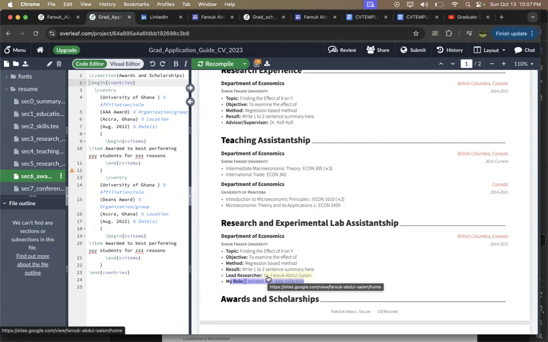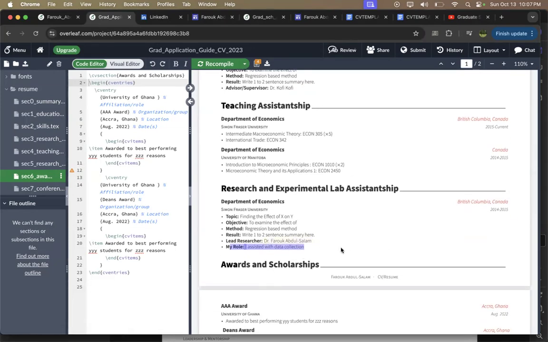If not, then I can quickly go to the research assistantship. So this is what Latif mentioned earlier, right? It might be the case that you are helping a particular professor in terms of teaching, but they will occasionally ask you to do some research related duty. So this is where the research assistantship also comes in.